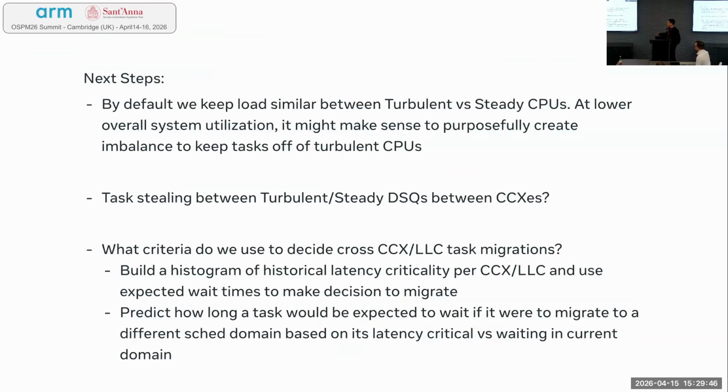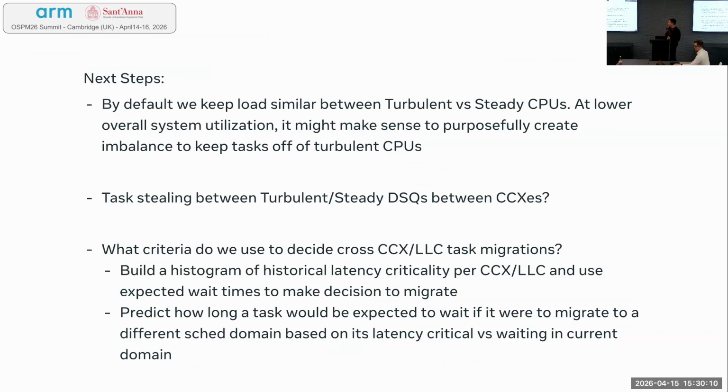So by default, we try to keep utilization between the turbulent CPUs and the steady CPUs pretty much similar between the two groups of CPUs. But I wonder if it might make sense at lower utilization to try to keep more tasks off the CPUs with a lot of IRQs in them, because you can't predict when these interrupts are coming in, and